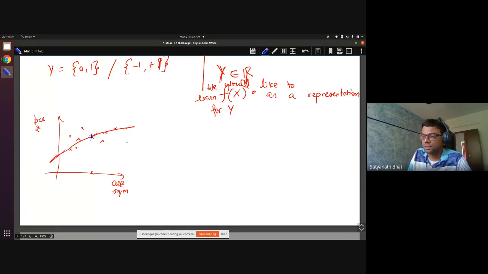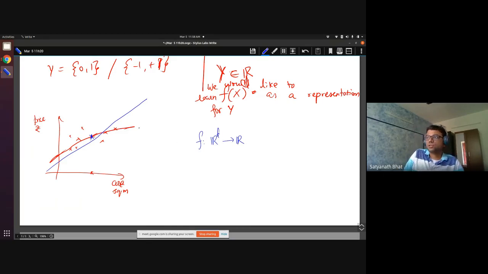All right. You would like to learn a function which goes from d dimensions to R, where this is your feature, and you would like to learn this for Y. Now how do you measure which function is better? Let's say I will give you two functions, this is one, and another function which is something like this. If I were to ask you which of the two is better, what will you say?